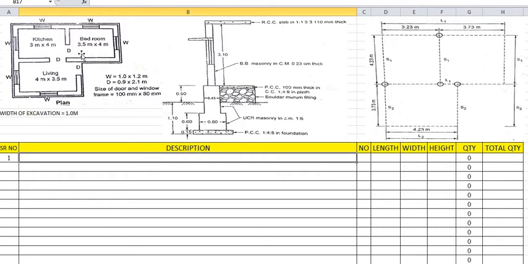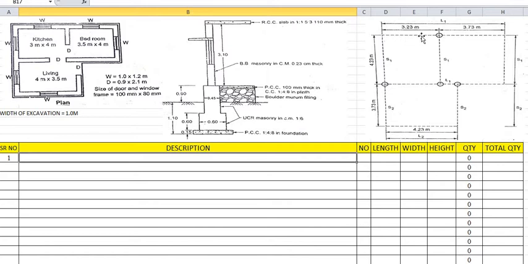What is the center to center distance of the bedroom? Again the half width of wall here and half width of wall here. So half plus half is the complete width of wall. So 3.5 is the inner dimension, plus 0.23 for the left side half and right side half, that is the full width of wall, so 3.5 plus 0.23 is 3.73. So here we have taken 3.23 as the center to center distance of the kitchen, and 3.73 as the center to center distance of the bedroom.